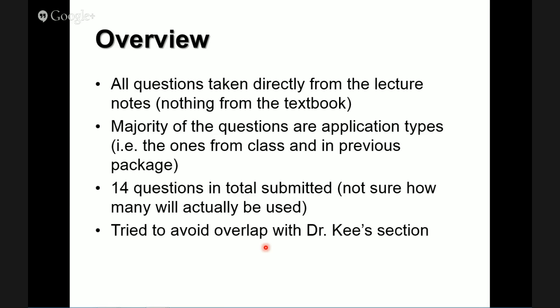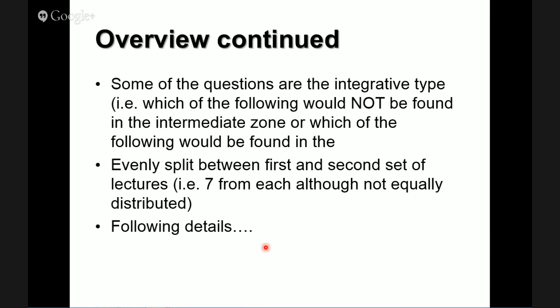No. So I had 7 from each of the lectures. Most of the questions that I have, again, come directly from the lecture notes themselves. They're application or integrative type. So, which of the following might not be found in the intermediate zone? That would be sort of an integrative type of question, right? So you need to understand the spinal cord, and it's not about memorizing one slide. It's about knowing what's in the intermediate zone of the spinal cord, what's in the dorsal horn, what's in the ventral horn,